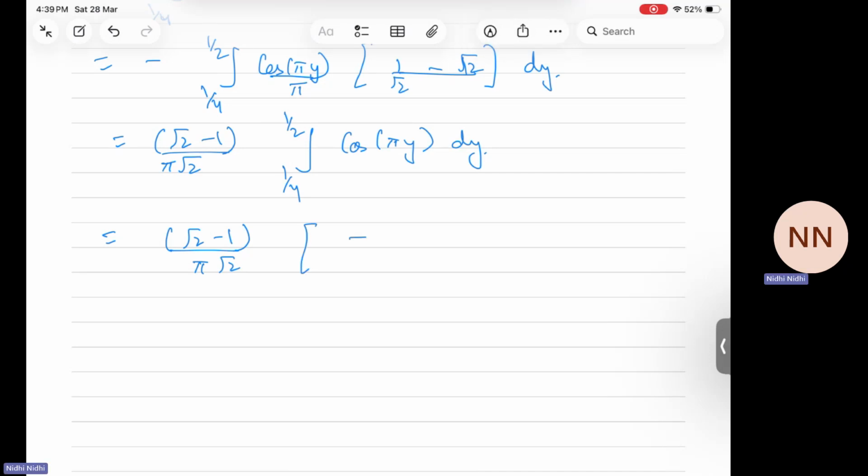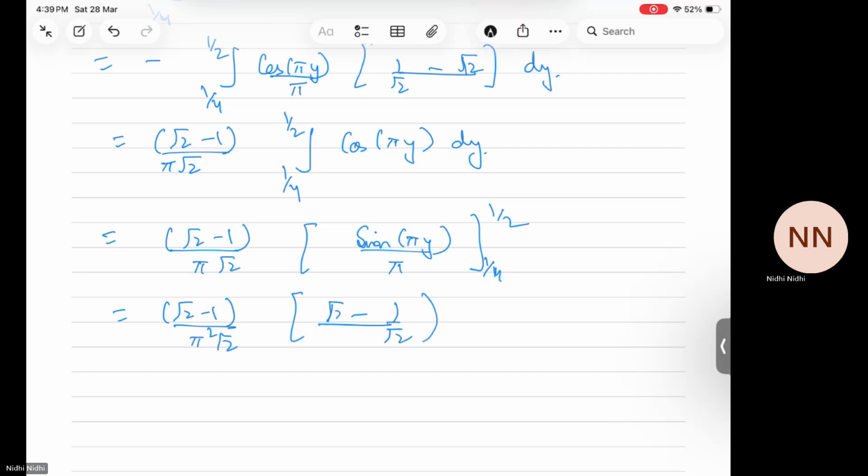Again, the integral of the function cos is sine, not minus sine, pi y upon pi from 1/4 to 1/2. So this is root 2 minus 1 by pi root 2 pi square. Sine pi by 2 is 1 and sine pi by 4 is 1 by root 2. So this will be again root 2 minus 1. So this is root 2 minus 1 whole square upon 2 pi square,